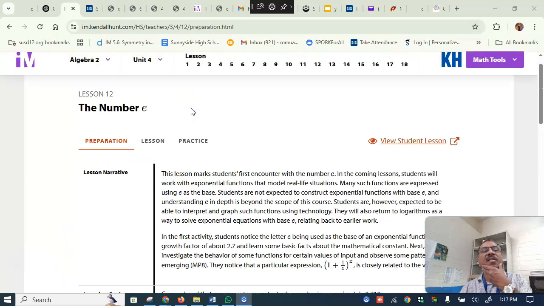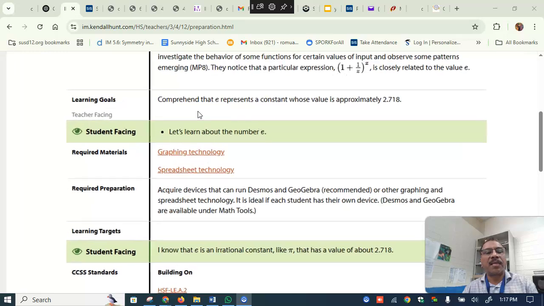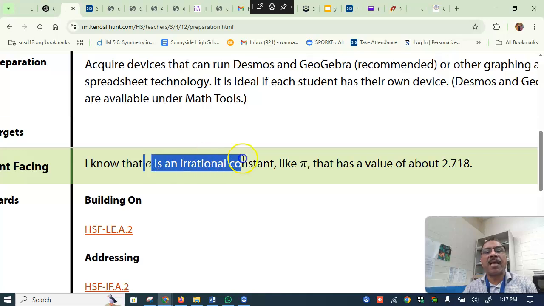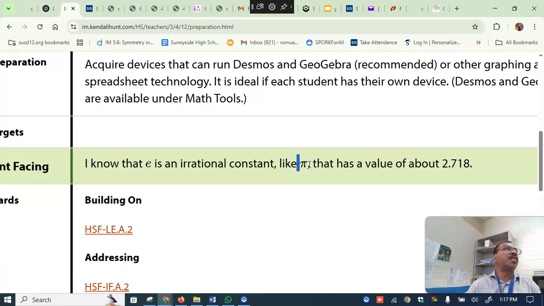Okay, today's lesson is lesson number 12, and the topic is the number E. So we will try to see what this E is supposed to be. The goal of the lesson is that E is an irrational constant like pi. Pi is an irrational number, which is actually circumference divided by diameter, which represents 3.14, and which is a rounded-up irrational number. Likewise, today's lesson is about understanding that E is